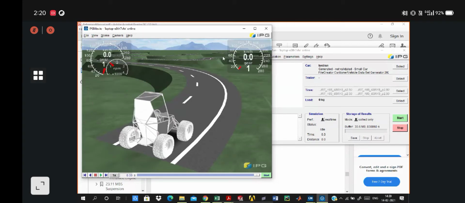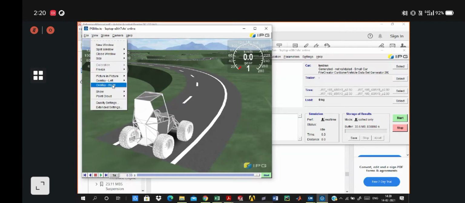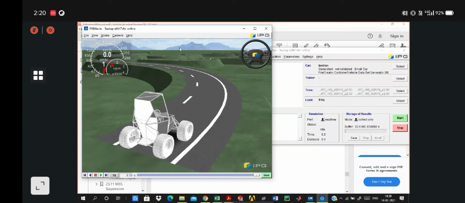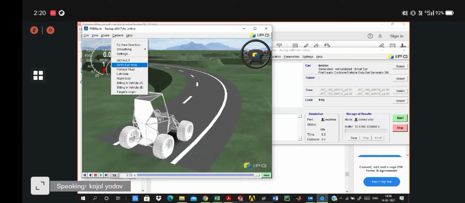I'm selecting the steering wheel here. Similarly, there are available options, the camera view options. You can select any of them to view different angles, to view your vehicle performance or vehicle motion in the IPG movie.